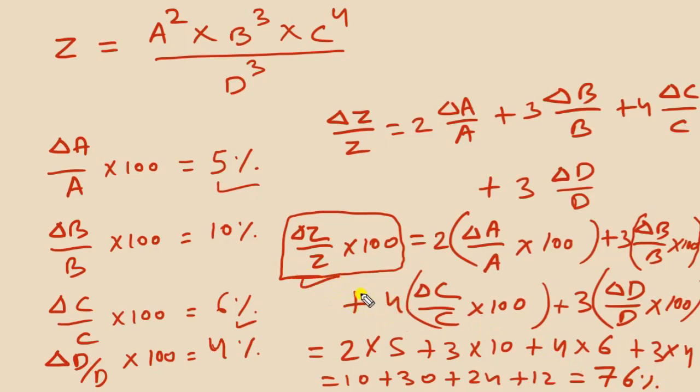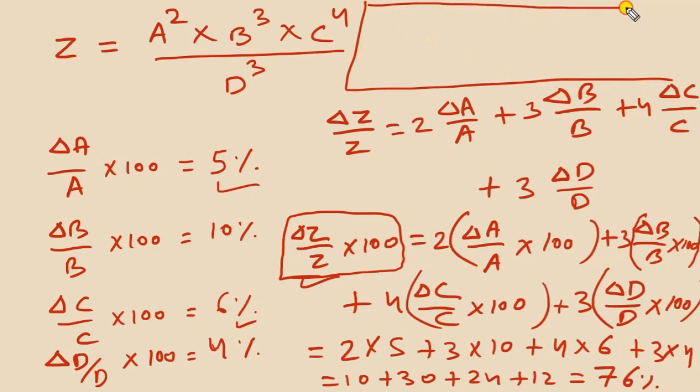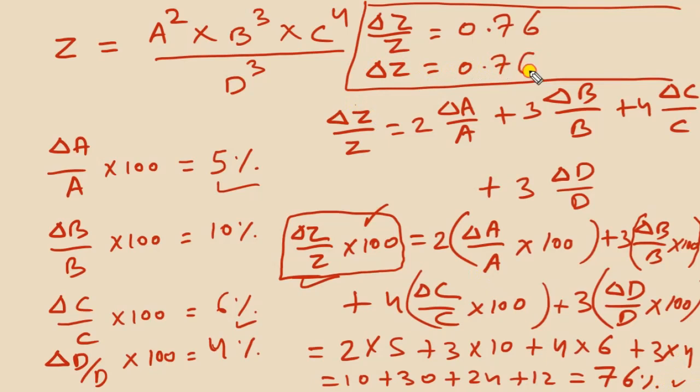Okay. From this expression, you can find the mean absolute error in Z also. If you know the value of Z, you can easily find the mean absolute error in Z also, which is delta Z. Now, 76% is the percentage error in Z. That is delta Z by Z must be what? 0.76. Only then delta Z upon Z, that is the fractional error, multiplied by 100 would give us a percentage error in Z, that is 76%. Okay, so from here, if you know the value of Z, you can easily find delta Z is equals to 0.76 multiplied by Z. This is the mean absolute error in Z.